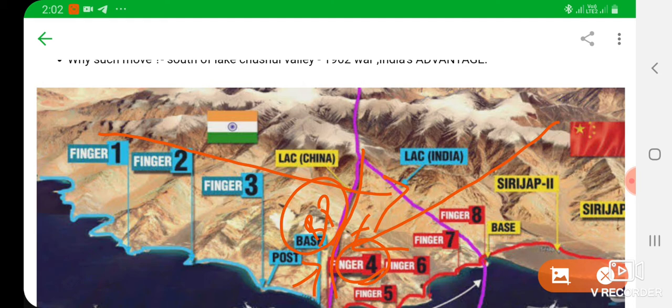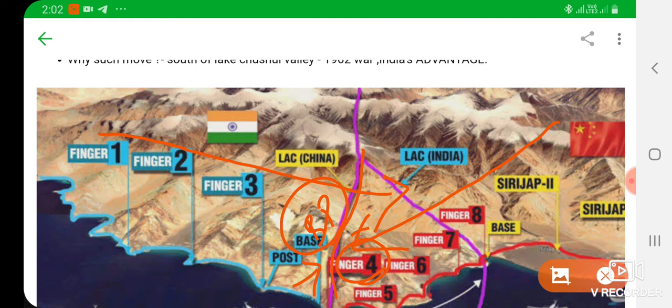Okay, so by making a border post here, what China wanted to say to the world is that China also has a hold on this point. Why is China doing this? Because this is a strategic point for China. During the 1962 war itself, China had a lot of problems here. Even though it is said that China had the upper hand in the 1962 war, a lot of damage happened to China also, and that damage was caused mainly due to the strategic point that India had in this area.